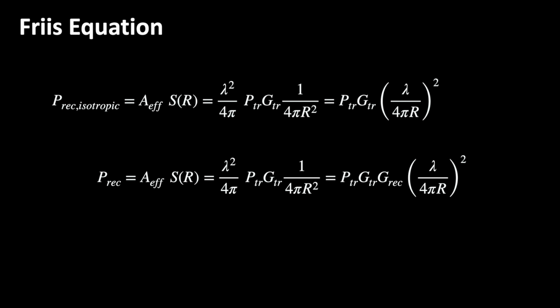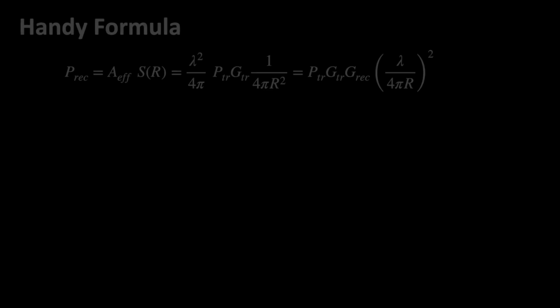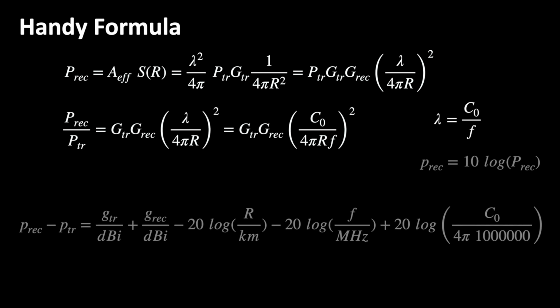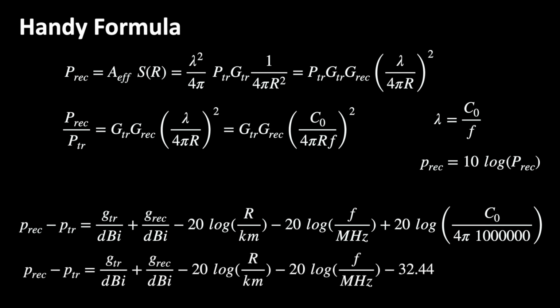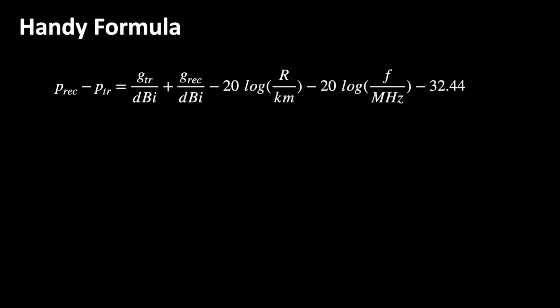However, in case of the communication between two mobile stations, there is no way. Next, we are rearranging the famous equation because we want to use the frequency instead of the wavelengths, and we logarithm it. With an intermediate step, we adjust the equation to kilometers and megahertz, and we are getting this formula. On the left side is now the difference between received and transmitted power. Here we have the antenna gains in dBi, the distance in kilometers, and the frequency in megahertz.